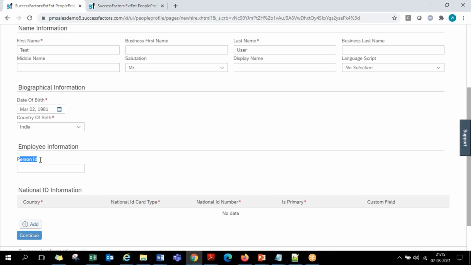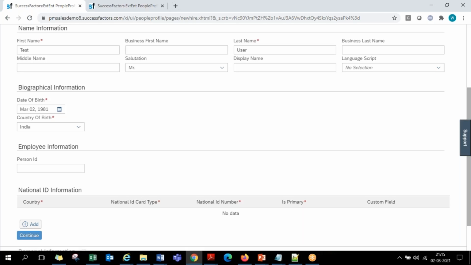Like in India business, one sequence number, in US business, a different sequence number, or department wise or location wise, on any parameter they want, they can have a different sequence number, and we can configure that using the same business rules again. So we'll see that in the further sessions.